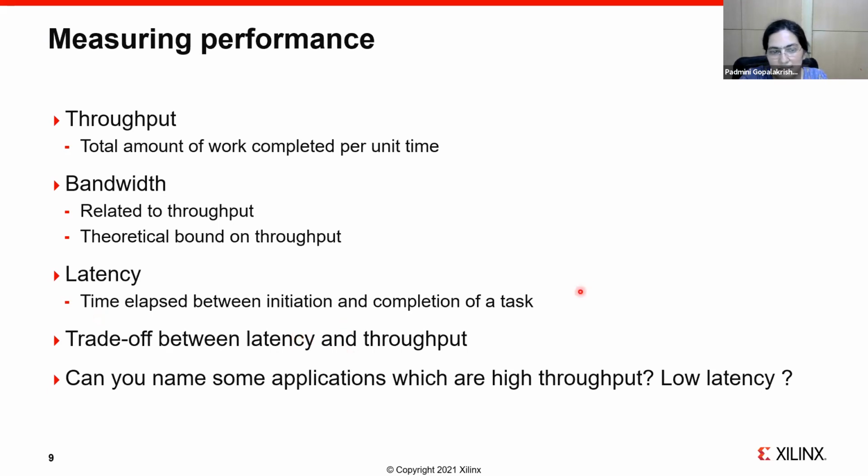The unit of latency typically is time. And we talked about this, some applications which are high throughput and low latency when we talked about edge versus cloud. So typically you will find that applications which are on the cloud tend to have a requirement for high throughput because basically the cloud is servicing a large number of requests, right? And you want to be able to service more requests per second. Whereas things which are on the edge tend to have a lower latency requirement because you want them to be responsive.